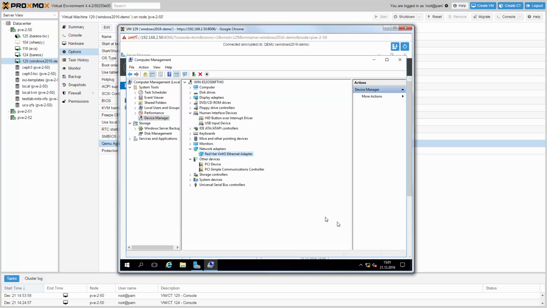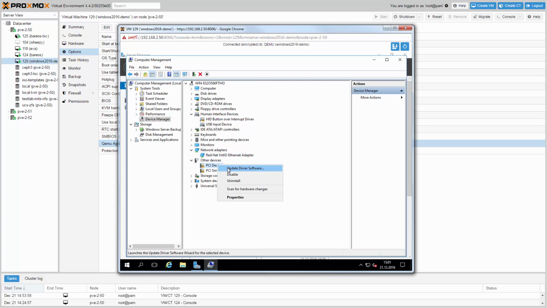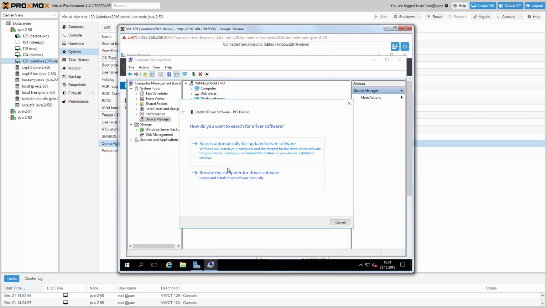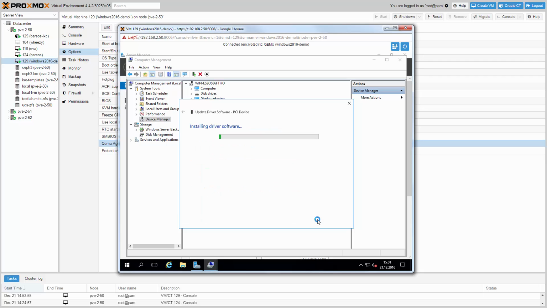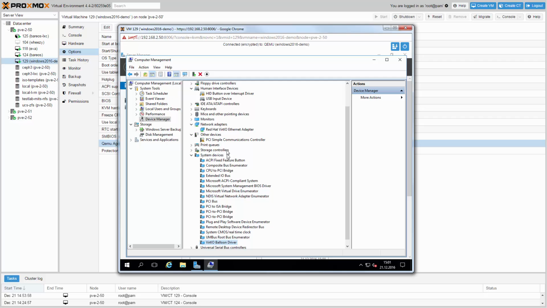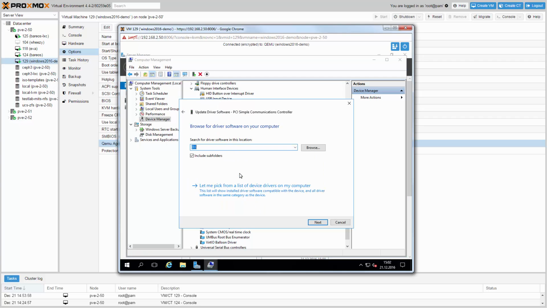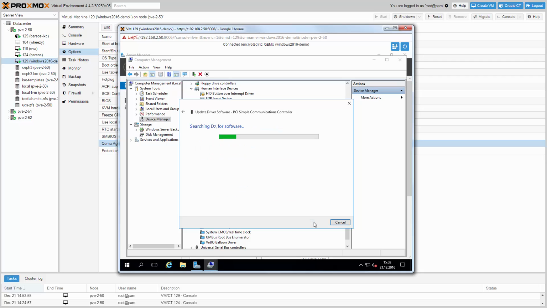Do the same for the next PCI devices. The first is the VirtIO Balloon device. For convenience, I just specify the root location, and the Windows wizard will pick up the right driver automatically. And last but not least, select the VirtIO serial device used for QEMU guest agent communication.